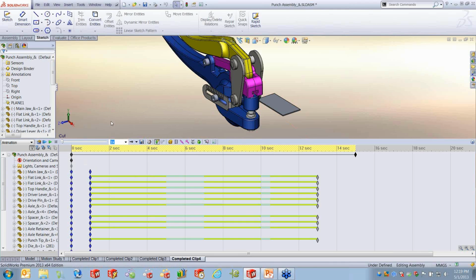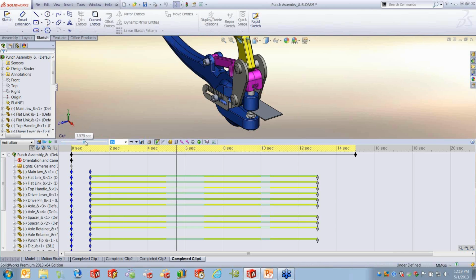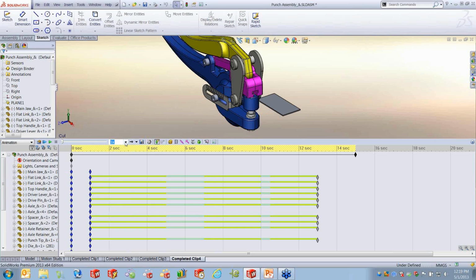Now, let's just kind of work our way through the interface a little bit further. These are tools to play, stop, kind of like VCR controls, and to calculate the motion that you created. We do have a little slider bar here that allows us to drag through the motion. You can see in my graphics area it does change up where we are within the timeline. We can control the play speed by speeding it up and slowing it down here. Recording and saving